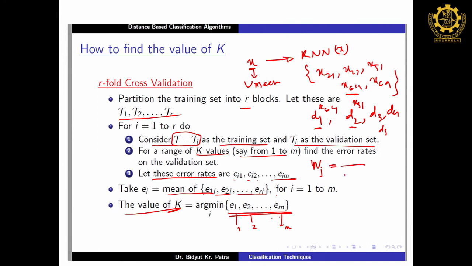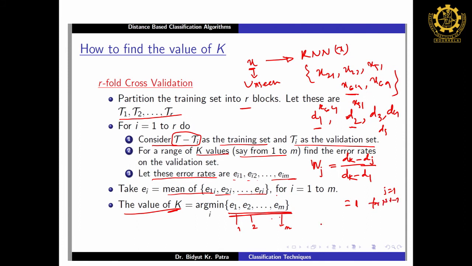So, the first neighbor weight will be d k, where k is the k nearest neighbor distance, minus d 1, where d 1 is the distance from the unseen object to the first neighbor, and for the first neighbor it should be 1. So this is d k minus d j, and this will be the weight. Now, if j equals 1, meaning it is the first neighbor, what will be the value? d k minus d 1 divided by d k minus d 1, where minus means distance. So then this will be 1 for the first neighbor.